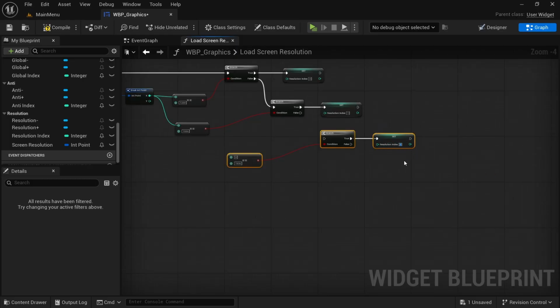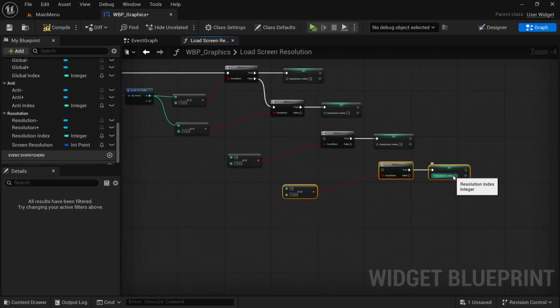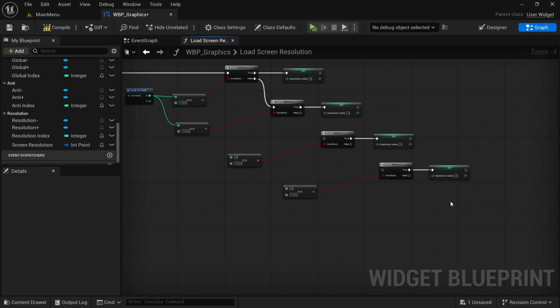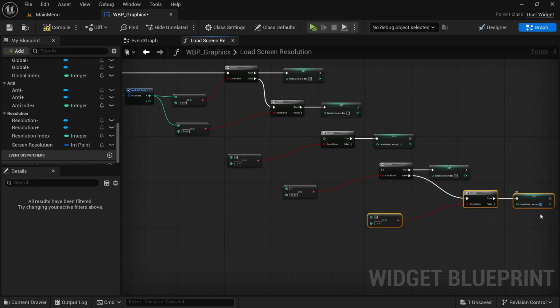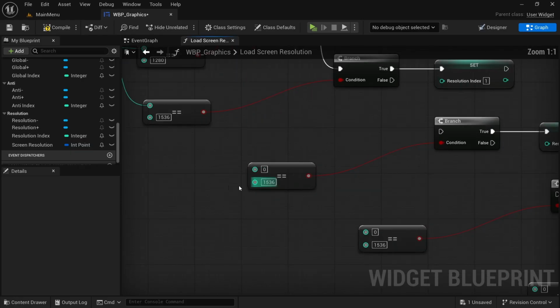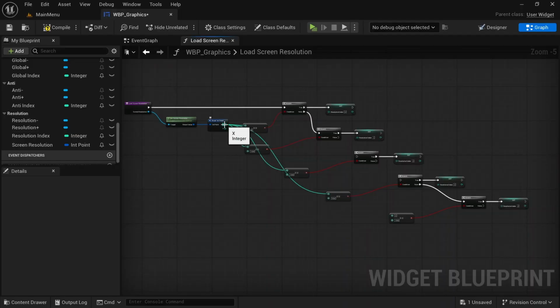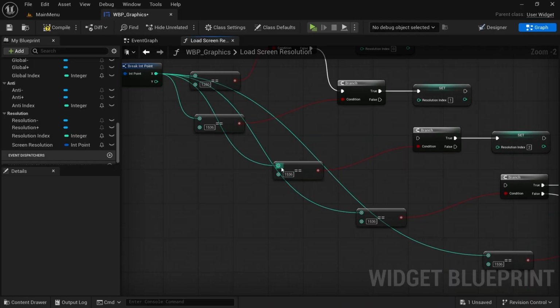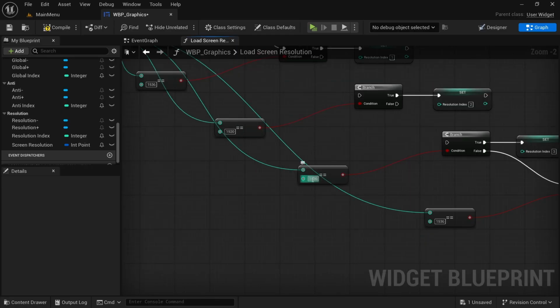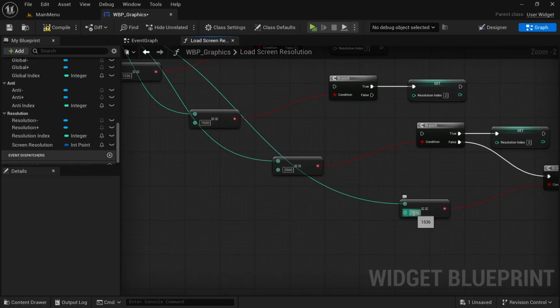So this one's going to be 2, and then Control V to paste, and this one is going to be 3, and the last one is going to be 4. Now going back to the third branch, just connect the break-in point, or the equals, to the X, and then the value for the third equal is going to be 1920. The fourth one is going to be 2560, and then the last one is going to be